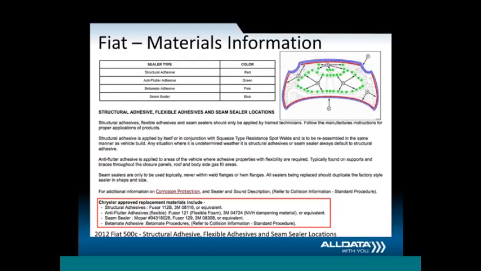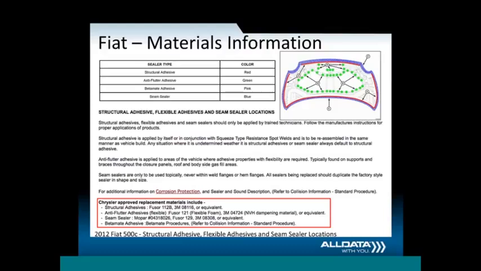But again, we might have that specific insurer that says, you know what, all I'm going to pay you is $12 on this estimate, or $5 or $8, whatever the case may be. Well, one of the things we can do is, if we have the word seam sealer or undercoating or rust proofing on our estimate, All Data will scrub or analyze our estimate, and it will come back and tell you specific information that that vehicle manufacturer says that you need to do to properly restore that vehicle back to pre-accident